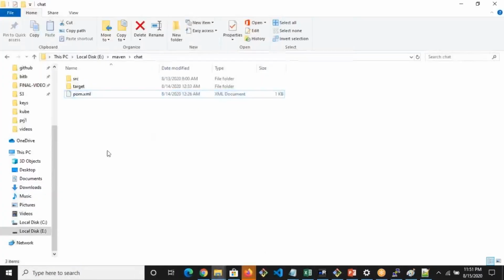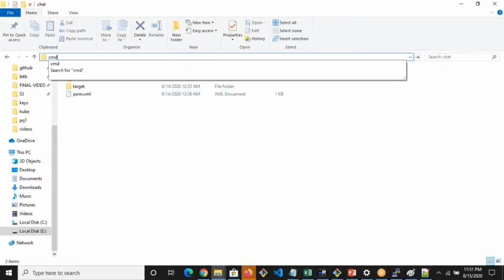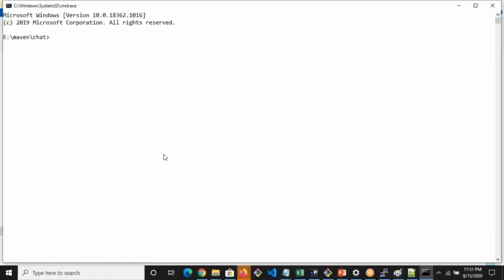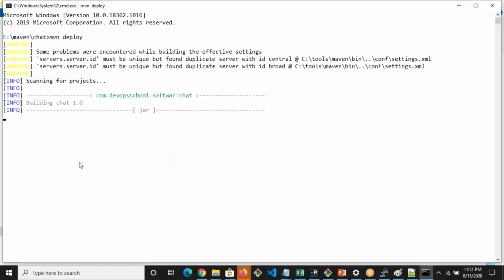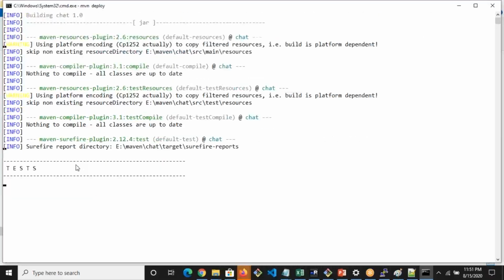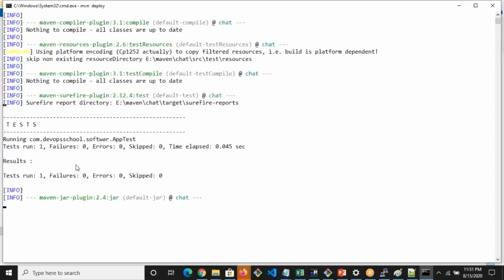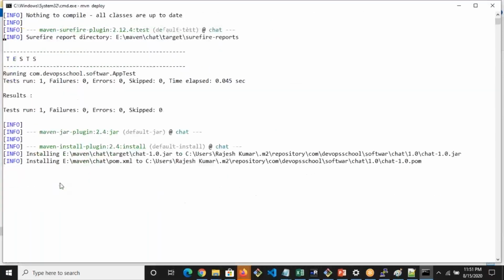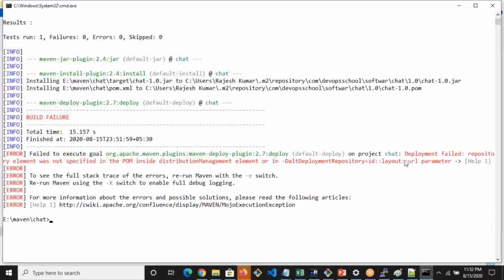So for that, this is the project. cmd, mvn deploy. Okay, now everything will happen and finally it will deploy the packages to Artifactory. Who will do that? Maven. See, packaging has happened and now deploy. So deploy got some failure. The failure is, it says